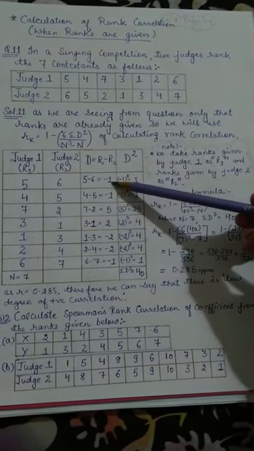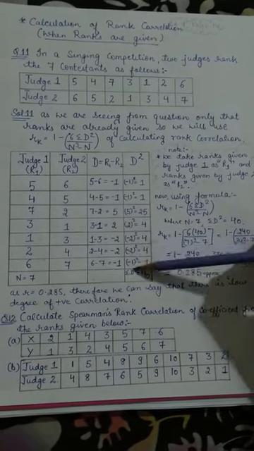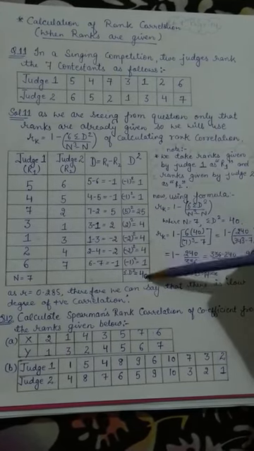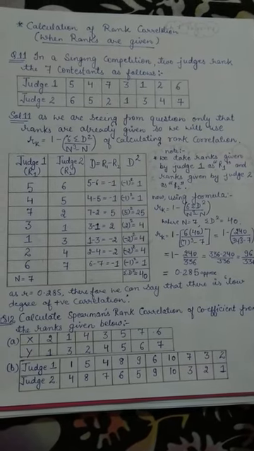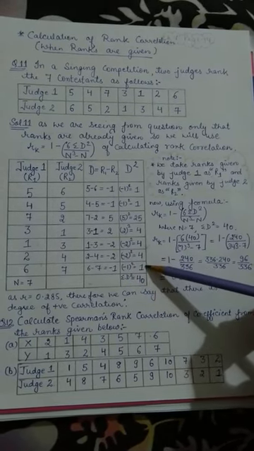First of all you write all these values: minus 1, minus 1, 5, 2, minus 2, minus 2, minus 1. Then you take the whole square of these, put a bracket and do the whole square. Or you can do it directly, because as you all know, the square of negative values will become positive only. So you can square directly in your head and write: minus 1 square is 1, minus 1 square is 1, 5 square is 25, 2 square is 4, minus 2 square is 4, minus 2 square is 4 and minus 1 square is 1.